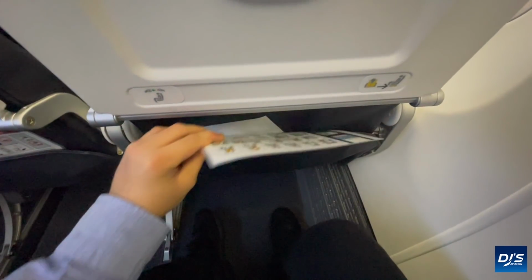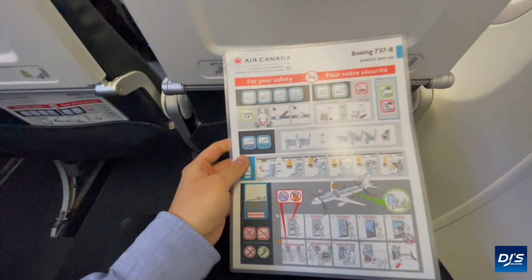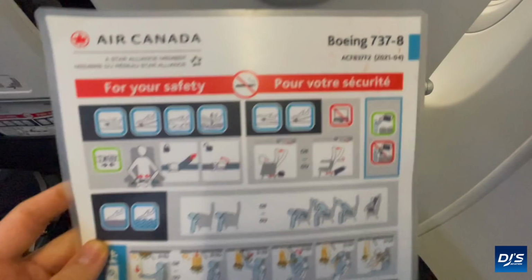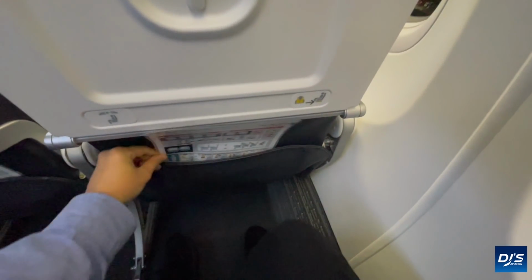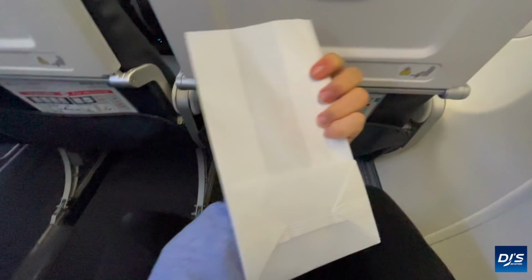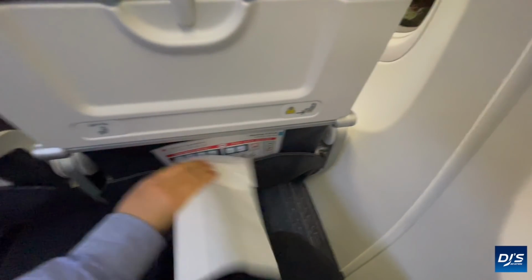We do have a safety card, of course, on every aircraft. Notably, it's written as 737-8 and doesn't have any mention of the MAX on there. Following the safety card, there are a couple of bags that can be found behind them. This is if you need to be sick, although I'm quite a good flyer, and therefore I did not need it. While this is a red eye and the weather is terrible out, I did have a fantastic view of